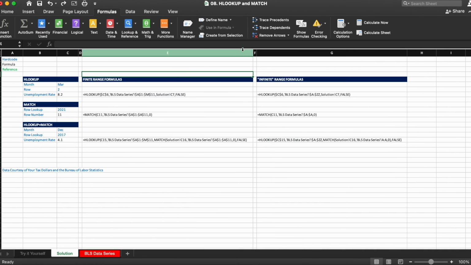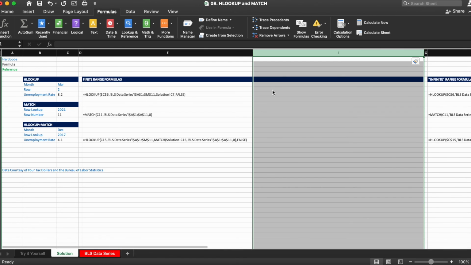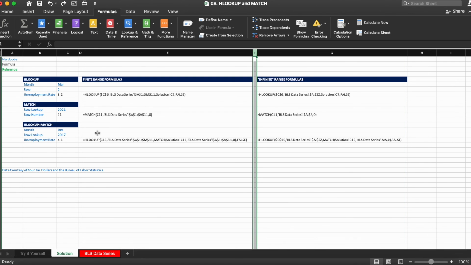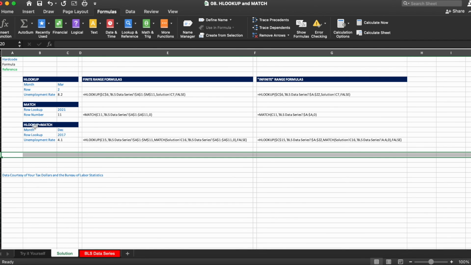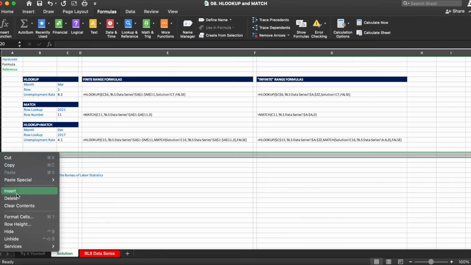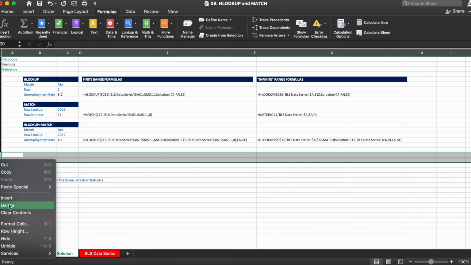And then in order to insert columns, it's very similar, except you're just going to use the plus sign instead of the minus sign. So if we click there, we right-click, we can insert a column, then we can undo that, or we can do a Control-Shift equal sign to get the plus, and then we've added a column. And again, like I said, the same thing is true for rows. So if you right-click a row, you can go ahead and insert a row, and then you can obviously also go in and delete the row. Insert it again, delete.